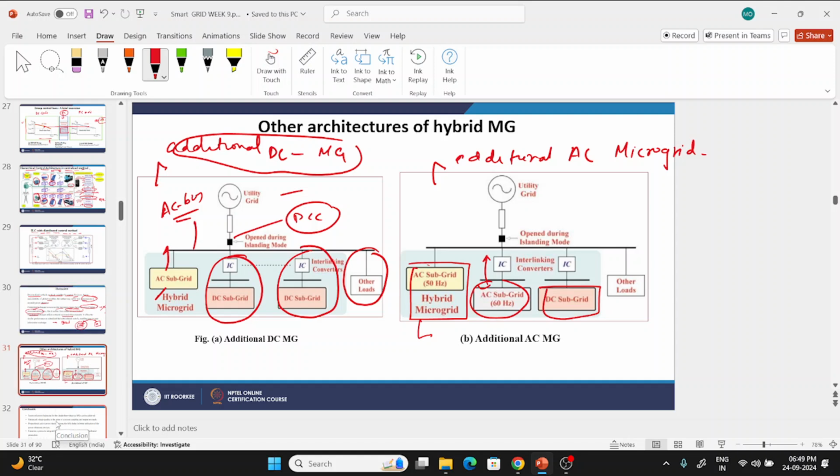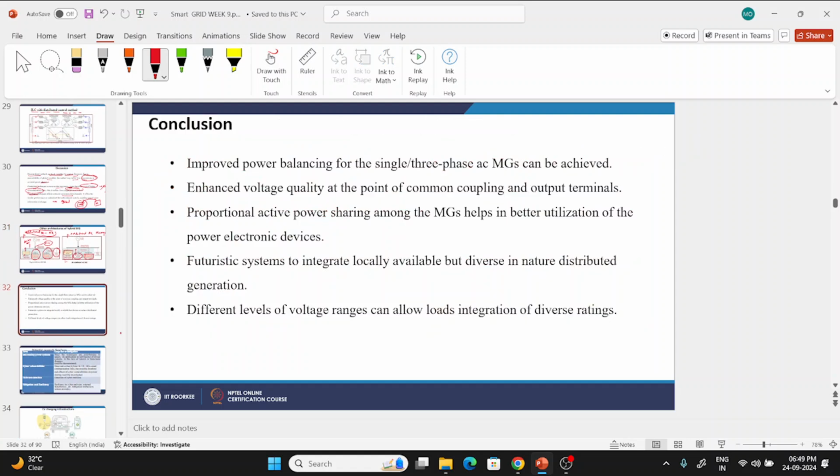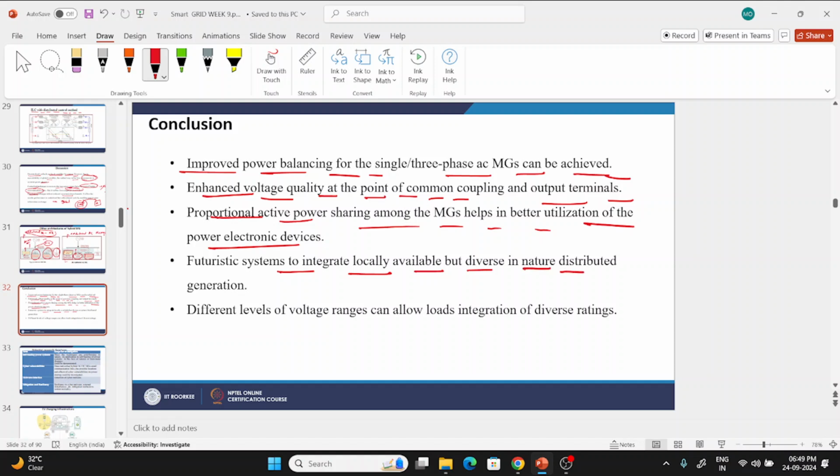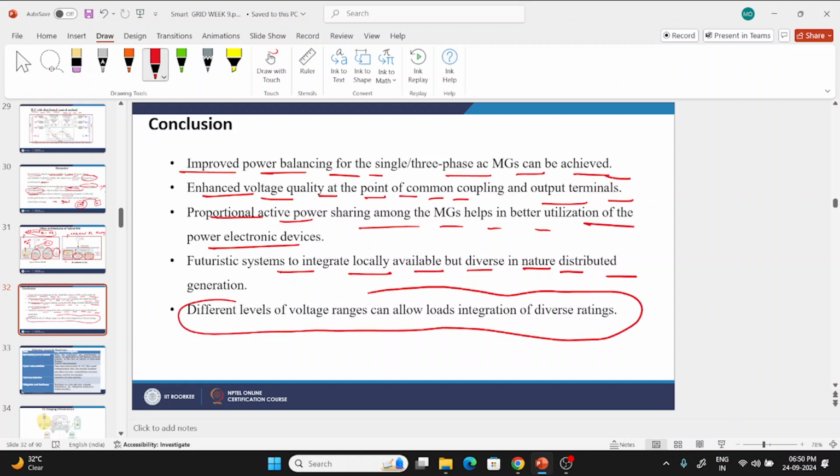So what we conclude from that is that improper power balancing can be avoided. Enhanced voltage quality at the point of coupling and output terminals. Proportional sharing between the microgrids helps in better utilization of power electronic devices. Futuristic systems to integrate locally available but diverse in nature distributed generation, and different levels of voltage ranges, can allow the integration of loads which are of diverse ratings. Okay,